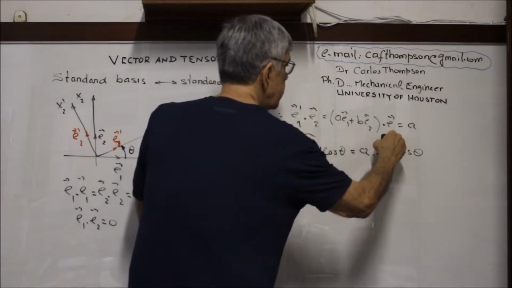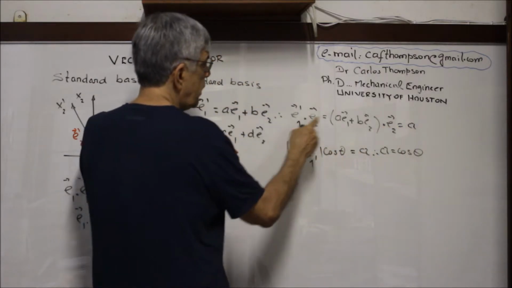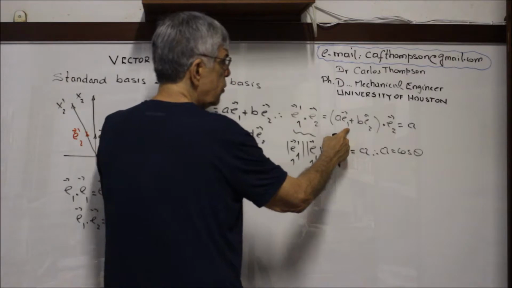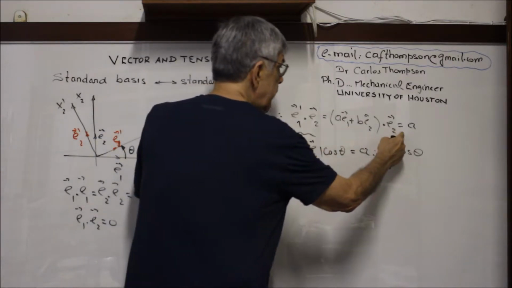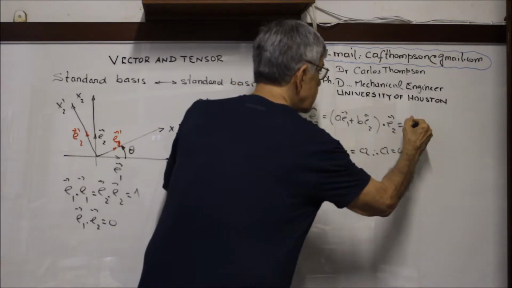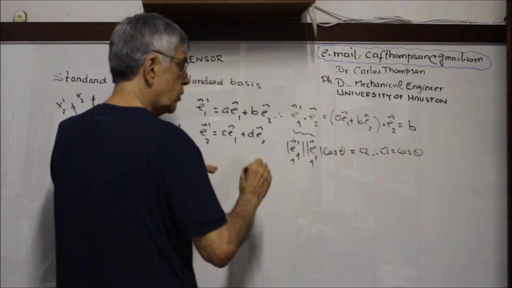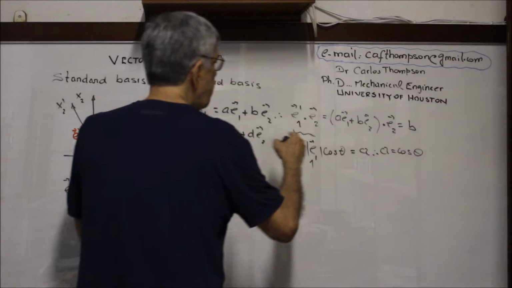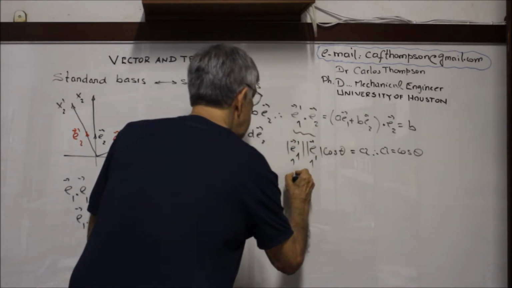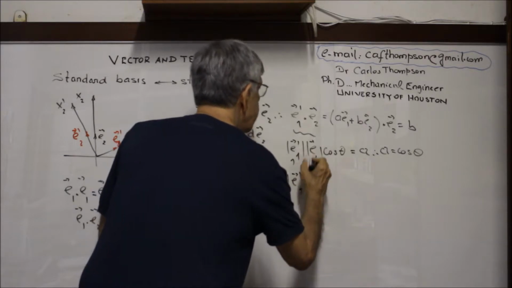So here will be E2. Now, E2 dot E1 will be 0, and E2 dot E2 will be 1, so this is equal to B. Okay, it's quite easy. So this dot product here will be the magnitude of E1 prime,